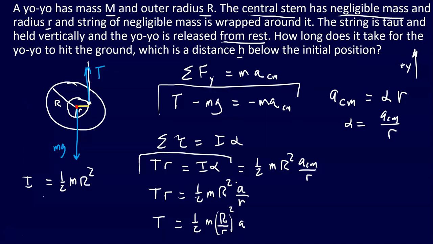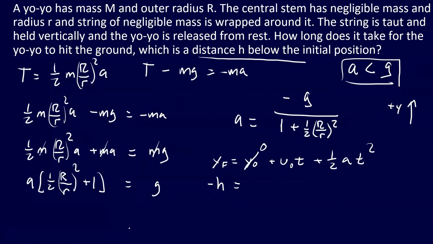So we go back to our picture here, where this thing's going to drop some height h, and I'm going to call this height y of 0, so this will be negative h when I hit that bottom. We're told that this thing starts from rest, and so it'll be negative 1/2, and then this acceleration is this really nasty thing here, g over 1 plus 1/2 big R over little r squared